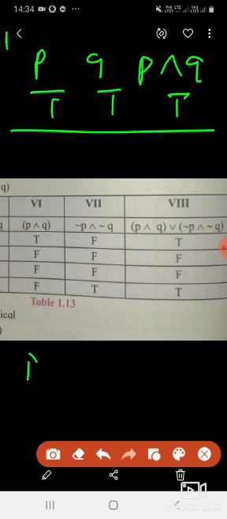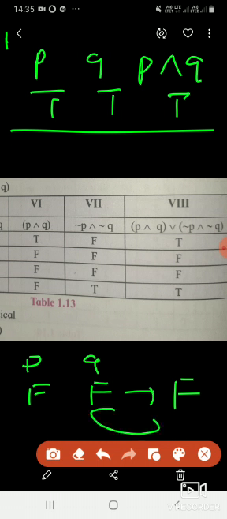And the OR table, listen. P OR Q: suppose both are false, it will be false. All other cases it will be true. Correct? All the three cases it is true. True, true, it is true. True, false, true. False, true is also true. Here both true means true. All other cases it is false.